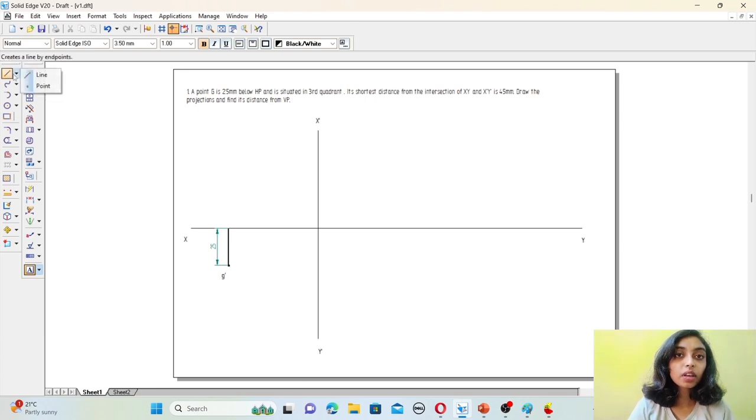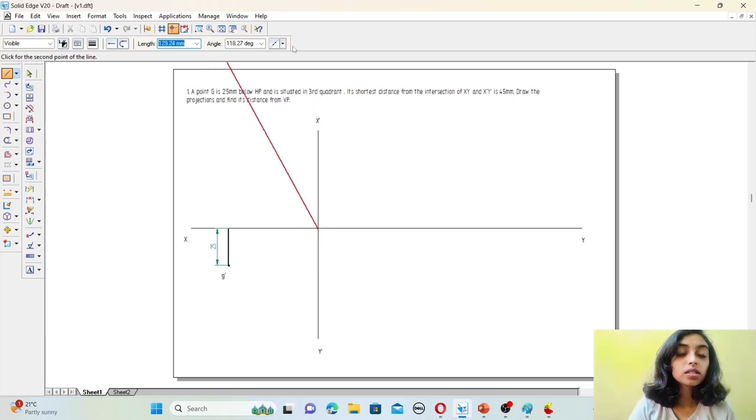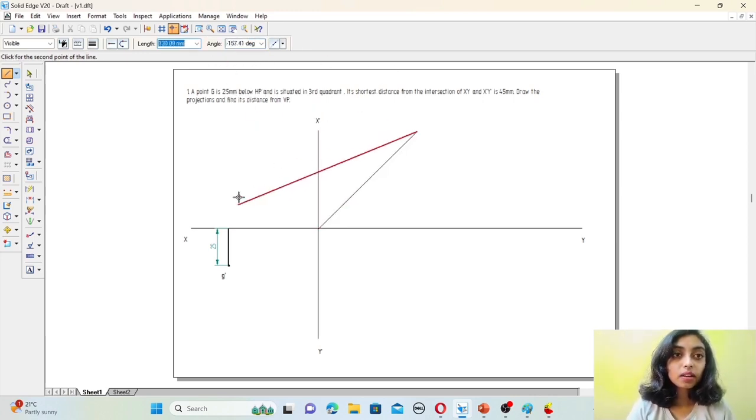Then go again to Line, make sure it is 0.13 mm thickness. From this line, draw a 45-degree line. Then they're mentioning that the shortest distance from the XY line and the X dash Y dash line is 45 mm. That means the shortest distance must be somewhere here between these two lines.